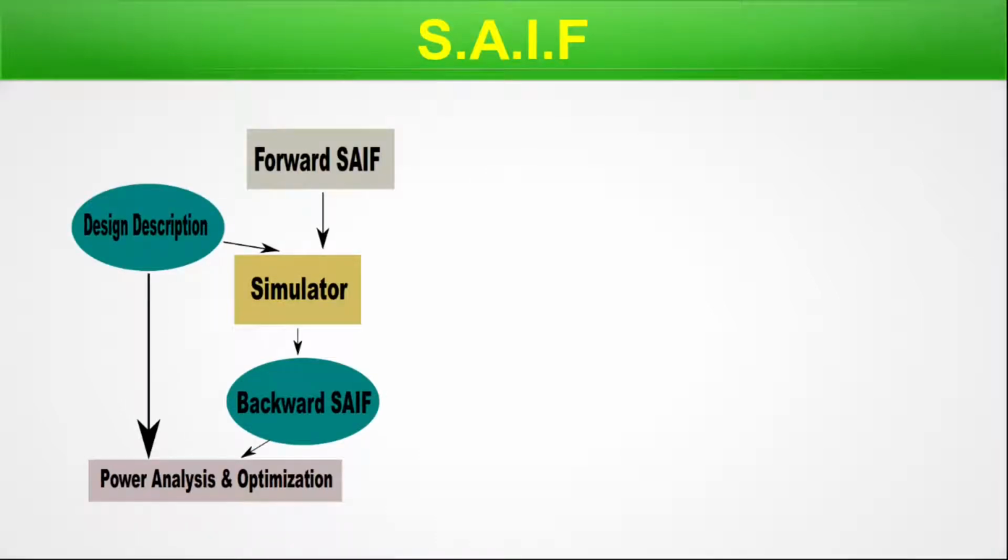Let's move on. SAIF. Power switching vectors are very important in the sense that they define the power up or power down sequence. This switching activity must be coherent between the UPF and the HDL, such as Verilog or VHDL. Hence, SAIF has come into the picture. Let us understand this in this slide. So let me bring my mouse pointer here. We define this by text descriptions, but the simulator is able to generate the SAIF, and we can use it to back annotate that again in power analysis.